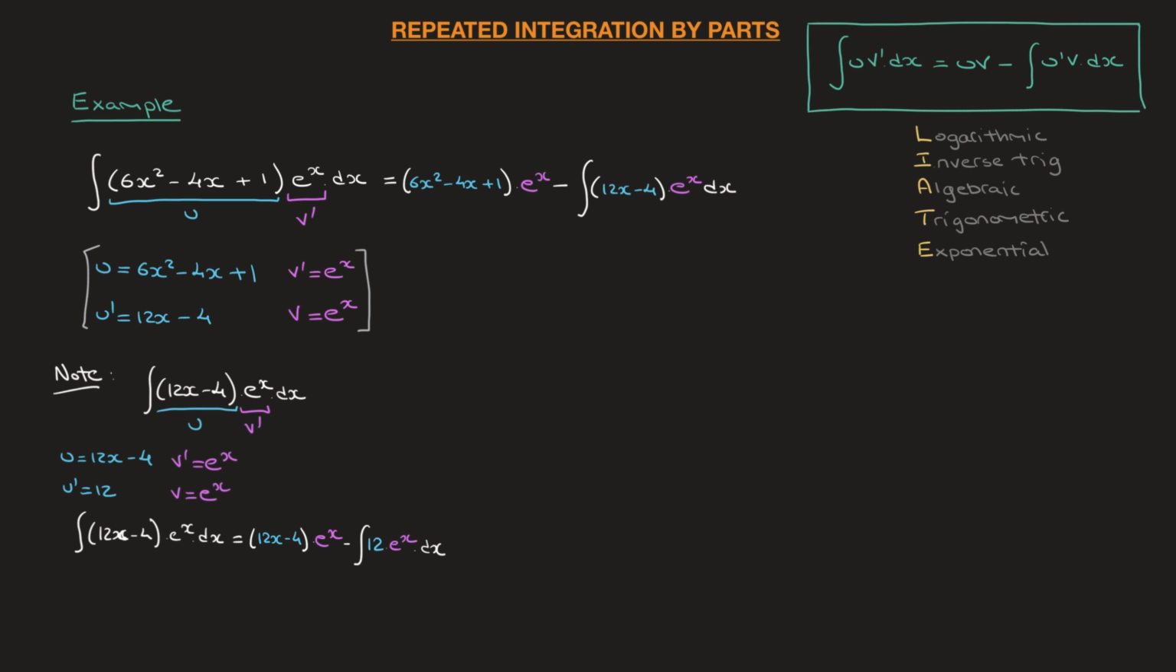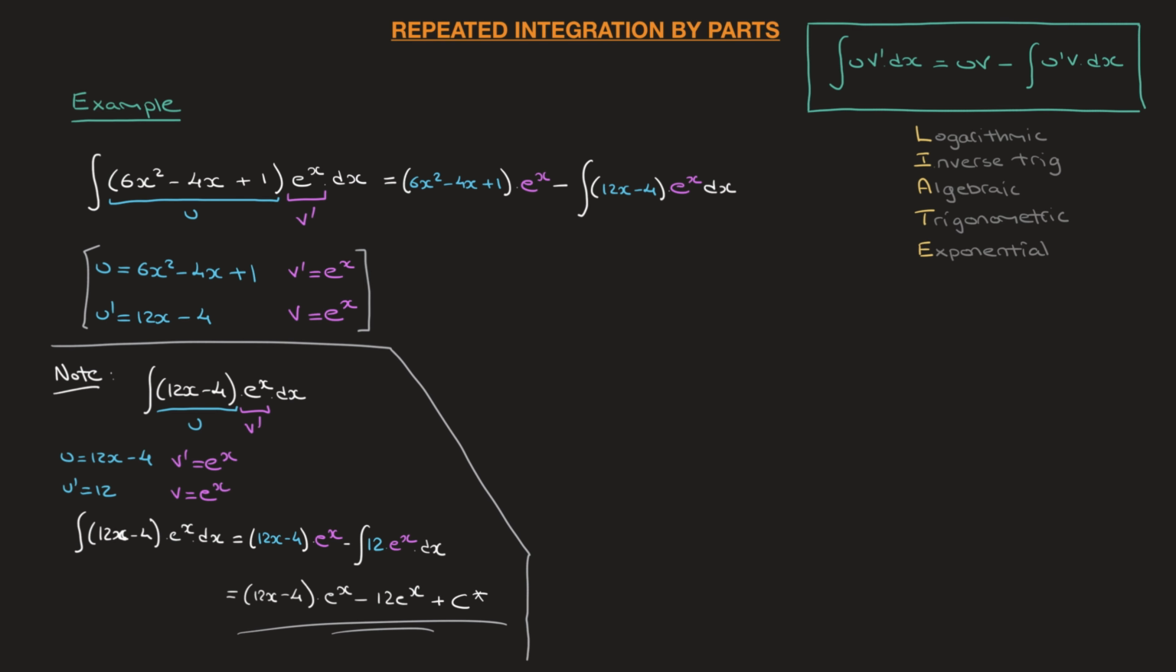And so we can go ahead and state that this is equal to (12x − 4) times e^x minus 12e^x. And at this stage, I include a constant of integration, which for now I'll call c star. Okay, with this result out of the way, and I can go ahead and box that side note I made, we can go back to the integral that we started off with and